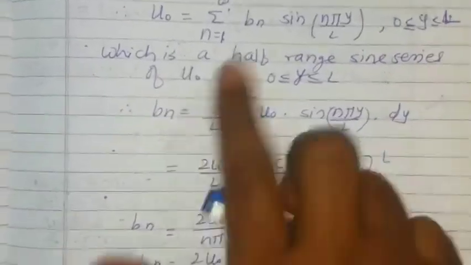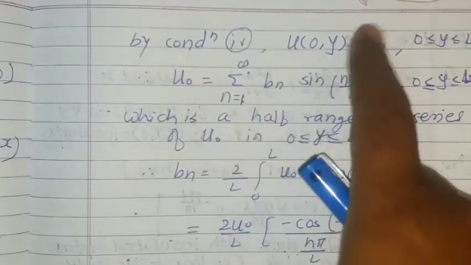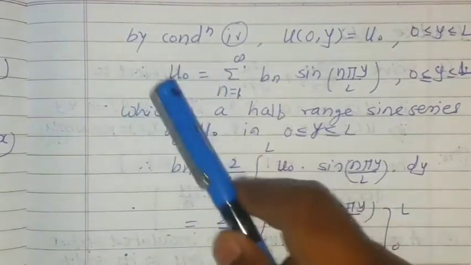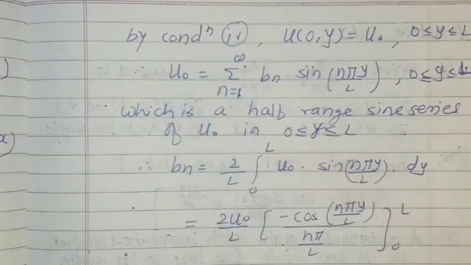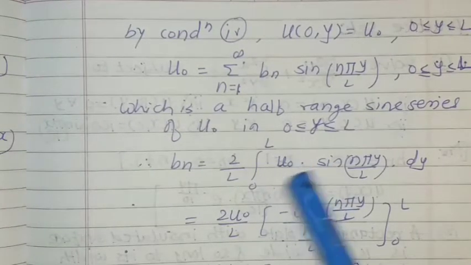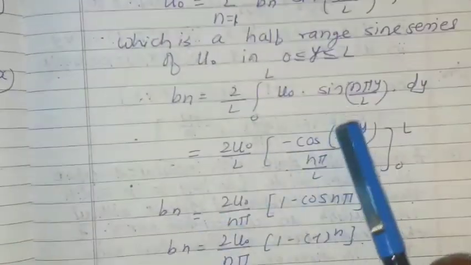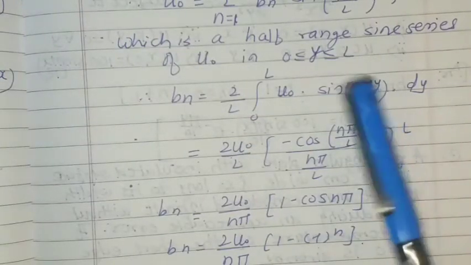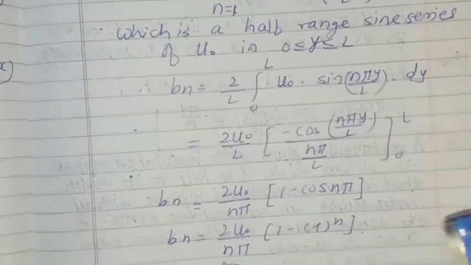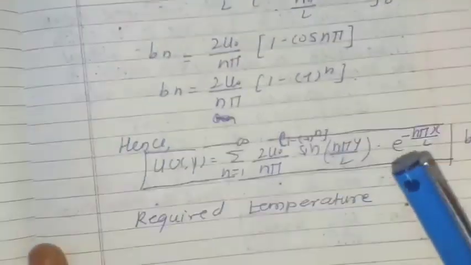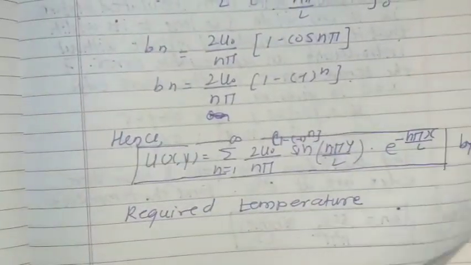After that, whatever function is given on the right hand side, depending upon that your calculation of Bn will change. Here we have been given a constant, therefore the integration becomes easier. If you get some function of x here, then for doing the integration you need to apply the u into v rule, and that rule we have also discussed. The generalized u into v rule we apply for doing integration in such a case. After evaluating the integration we get our required solution. Now a few problems I am leaving for you to practice.